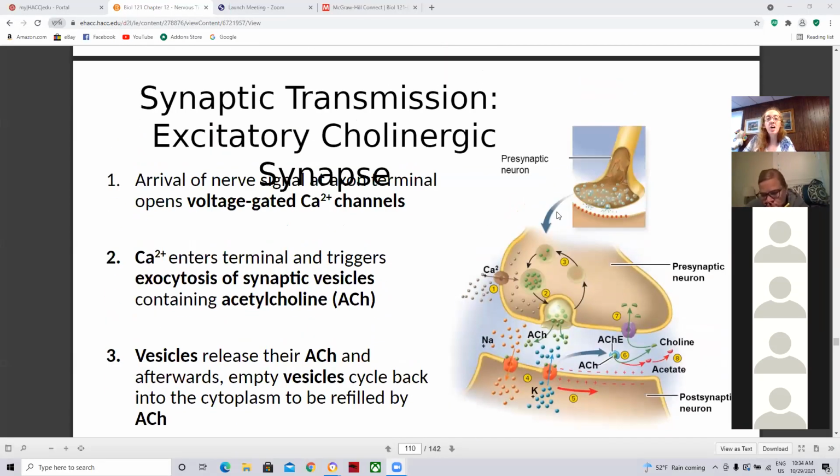So at excitatory cholinergic synapses, the neurotransmitter